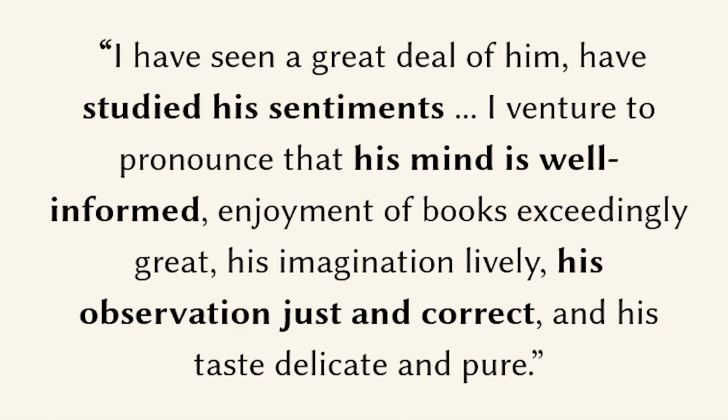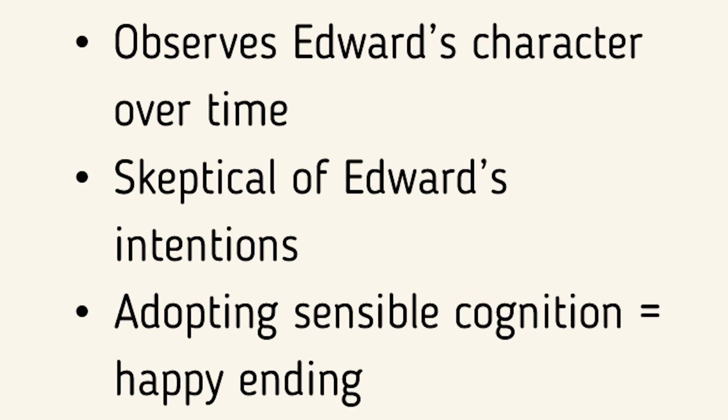So you can see from that description that whenever she looks at who might be potentially her partner for life, she wants to analyze those characteristics about him rather than any superficial ideas. She shows skepticism of Edward's intentions. So, like I said, she doesn't fall for a man that she just met. She expresses skepticism whenever she doesn't right away say that she's in love with him. She wants to get to know his intentions towards her better as well.